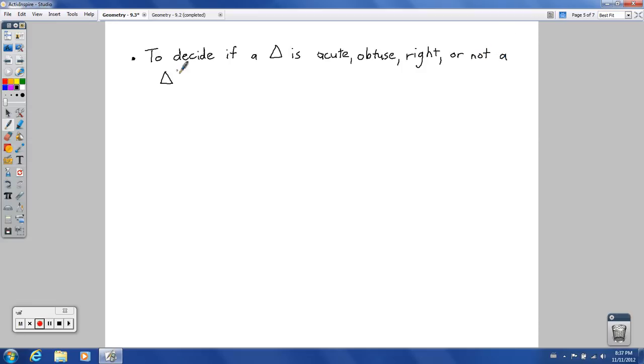Technically I should say to decide if something is acute, obtuse, right, or not a triangle, if a 3-sided shape, or if you're given side lengths, if it's even possible to make it a triangle. But I think for what we're talking about here, this is probably the easiest way to think about it. So, follow these